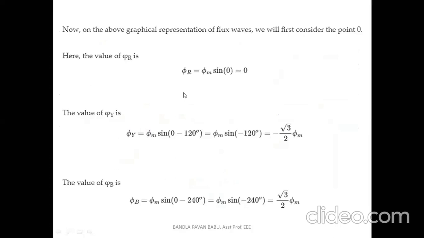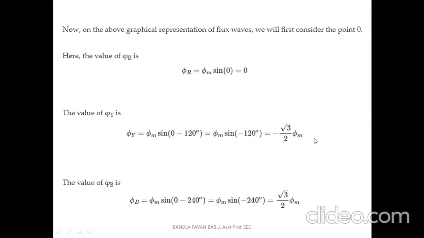Earlier we have seen that phi r, phi y and phi b are displaced at 120 degrees each, and for this, opposite vectors are drawn. Phi y is negative, and negative means the opposite flux. Why does this negative polarity appear? It is based upon the current direction, that is either inward or outward. If the current is negative, it is opposite to whatever direction we have taken, and that indicates the negative polarity. Similarly for phi b, here it is positive. From this, we need to find the resultant flux developed from these three individual phases.